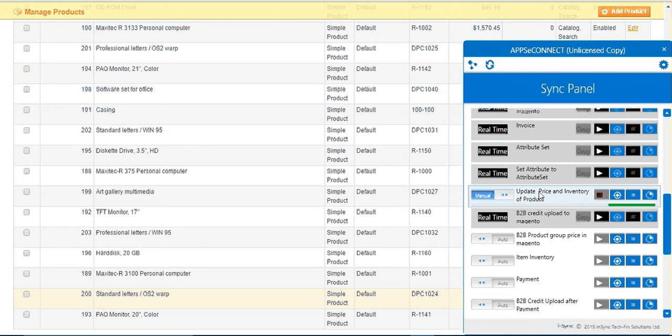So this can be done as an individual touch point, or it can be done as a linked touch point that is happening right now. Also, these touch points can be done automatically and manually. For this video, we are showing you how it is done manually. These touch points can be done automatically also, and also real time. Real time is basically we give a time lapse or a particular interval, like maybe 5 hours or 5 minutes or a day, in which it would automatically run these touch points and sync the products if any updates are there on any of the ends.